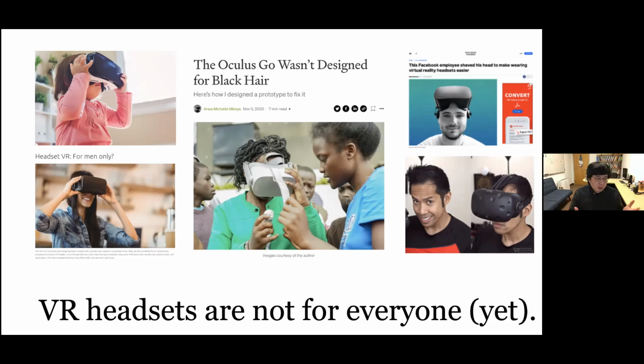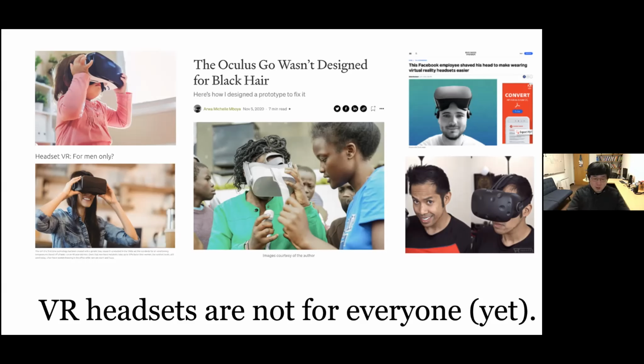Maybe because of their hairstyle. Maybe some people wear makeup and they will remove it. And on the top right, there's an article about a Facebook employee who had to shave his head to make wearing a VR headset easier. You can guess that not everyone is willing to do that. So it's not for everyone, it's not inclusive enough.